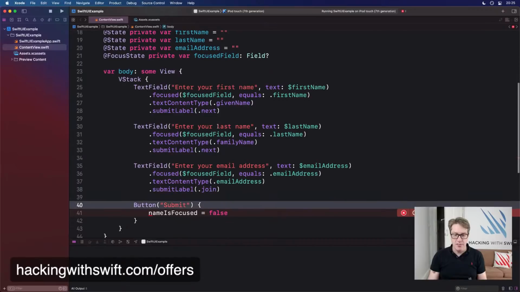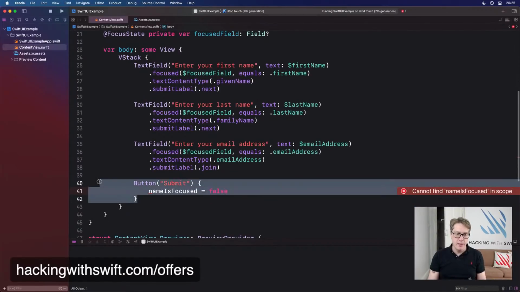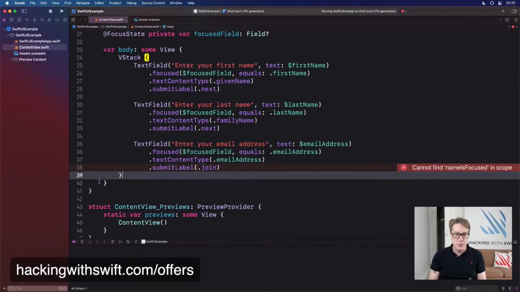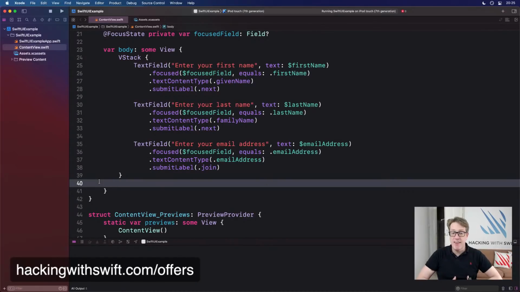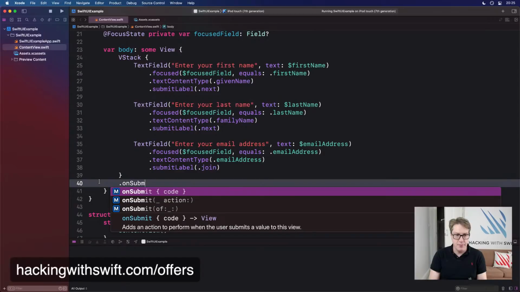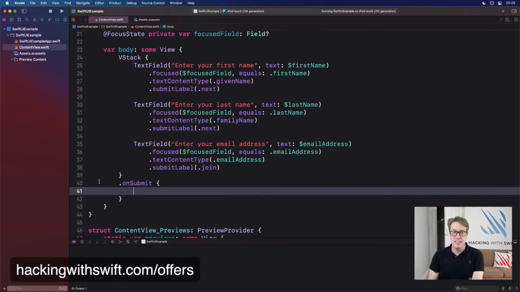And now for the interesting stuff. Well, you don't want to have a submit button anymore. That's too simple. We want to replace this with a new way of tracking values changing over time, and that is called onSubmit. When a value has been submitted, what do you want to do? In our case, we want to figure out where we are currently and move to the next form field. So I might say switch on focused field.